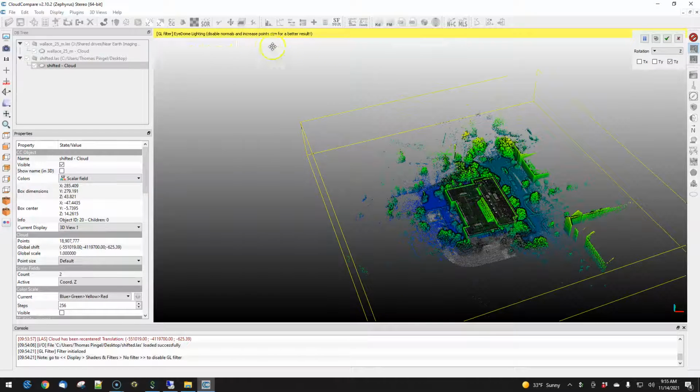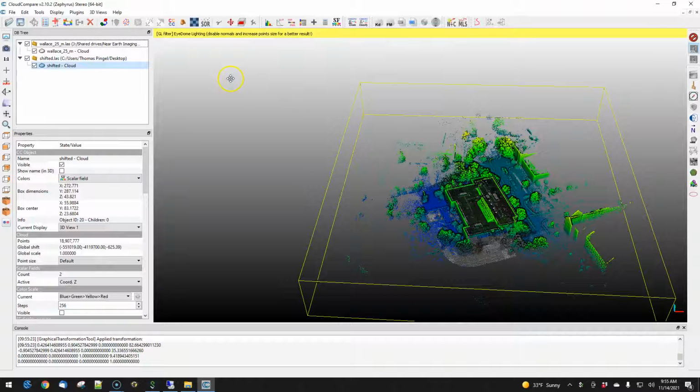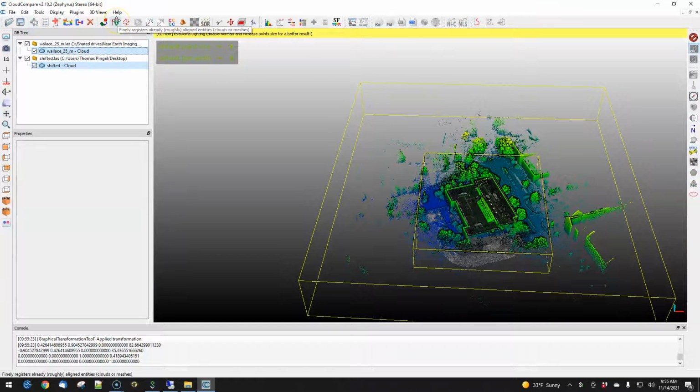There are tools up here. Here, I'll turn this on. There are tools up here that do this. The iterative closest point algorithm is right here. So this is what finally aligns meshes. Whether this would work in this case, I suspect not, because this is an interior versus exterior scan. But in any case,